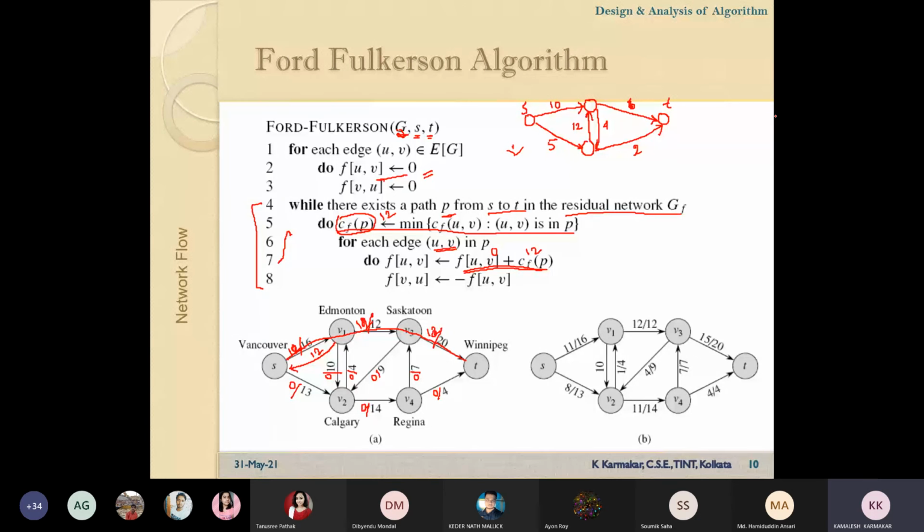So basically in a graph, if two vertices are connected, we may have flow in both of the directions. As in this given graph, it is mentioned that from V1 to V2, capacity is 10 unit, and from V2 to V1, capacity is 4 unit. Now, why is negative edge important? The importance of negative edge is basically, say,